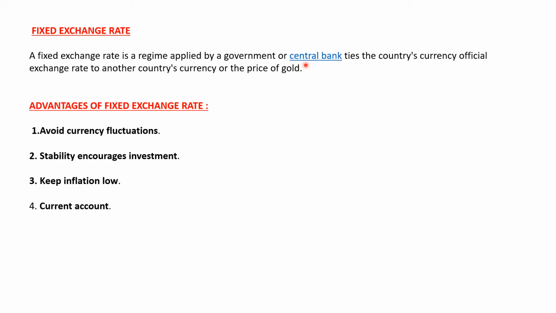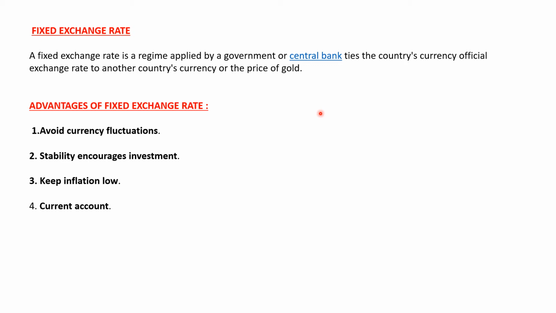Let's say if one dollar is equivalent to 62, it means that the exchange rate is determined by the government. So this is to stabilize foreign trade. Then the next important thing is the rate is fixed in terms of an external standard. So here the standard can be gold, silver, or any other currency. And the third important point is, when a currency is tied up with any standard, that is called pegging.